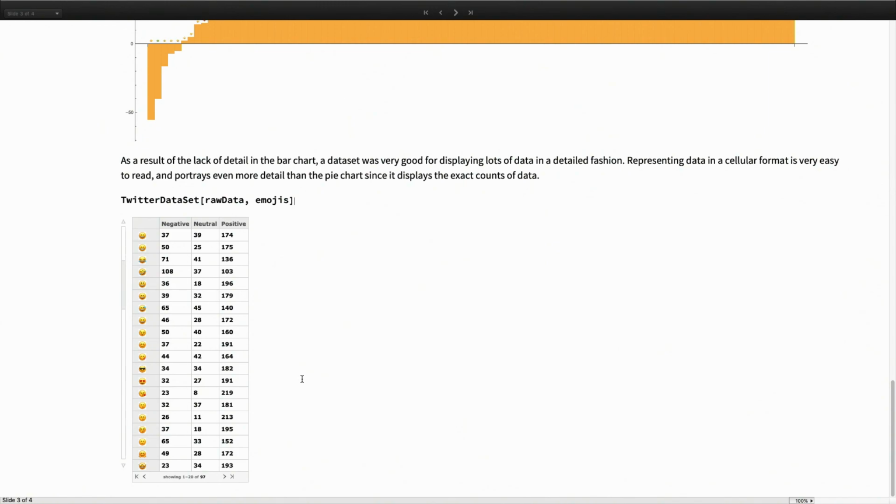I planned on expanding this a little bit. I was going to be looking at not so much emojis, but the progression, I should say, of sentiment in a specific user. So kind of as I did on the first slide when I was looking at Elon Musk's tweets, there's actually a date associated with that. So then using a date list plot or a date plot, not sure which one I would want to use exactly,